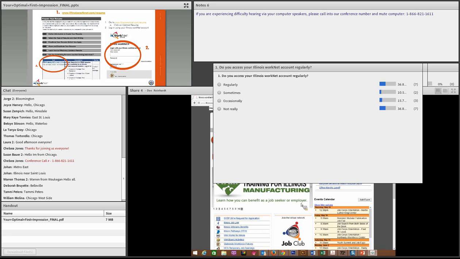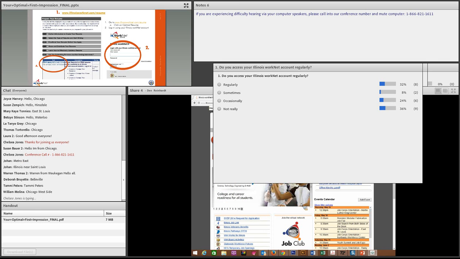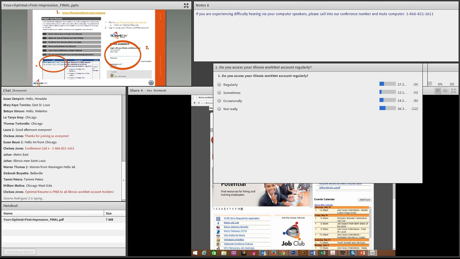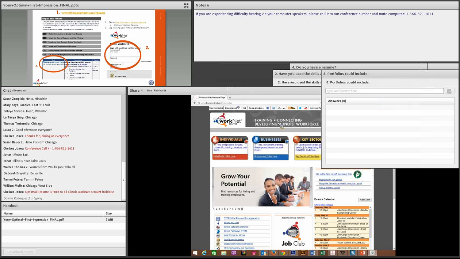The one thing about Optimal Resume is the fact that you do get to sign in using your Illinois workNet account. So if you don't already have one, we do suggest that you sign up for one as soon as possible. So let's close that poll now and take a look at how we access the tool from